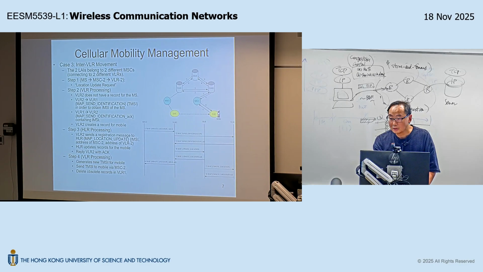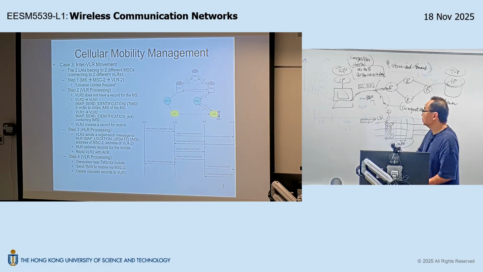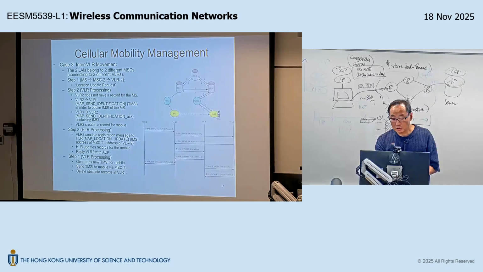So VLR1 will be able to retrieve the record and then transfer the record to VLR2. After step 3, VLR2, the new VLR, will be able to create a new record for the mobile. Okay? Now, but this is not done yet because now this involves updating the home location register as well. Okay? So now the VLR2, after creating a local record, a new record for this mobile, it will decide, okay,